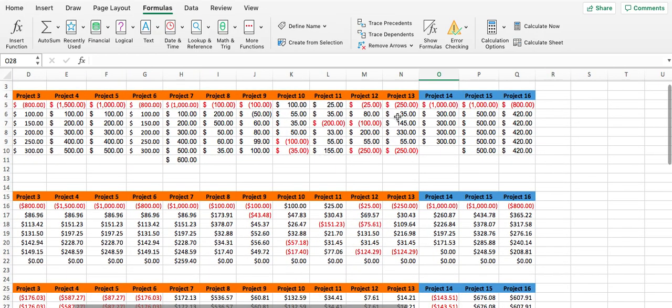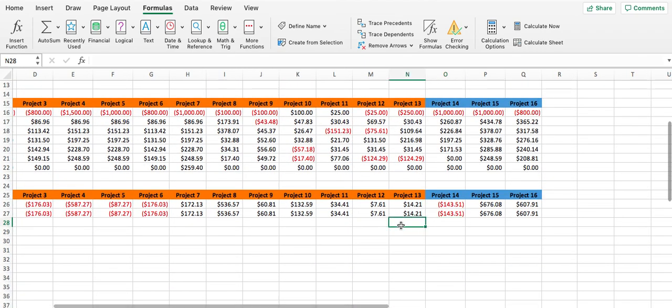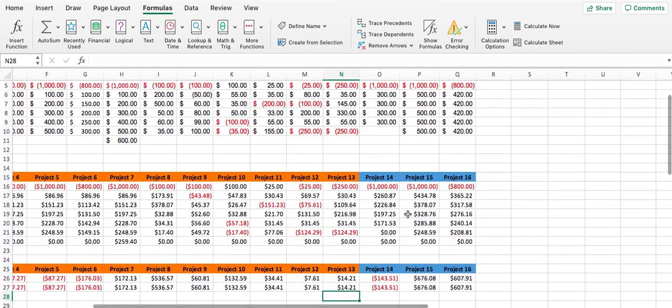But if you have different cash flows, inflows, and cash outflows values, you will not be able to get the same value as you have in NPV and summation. So let's just try it out in